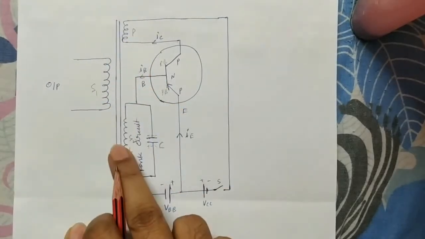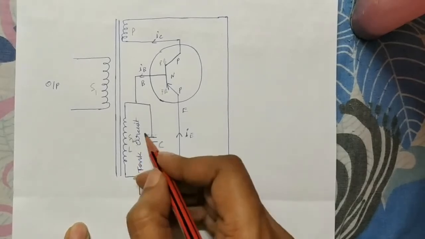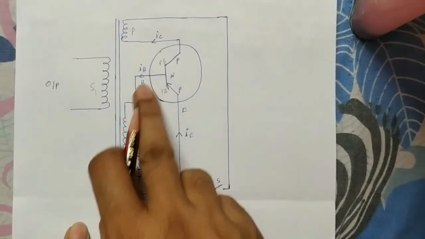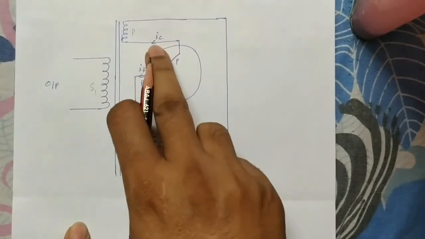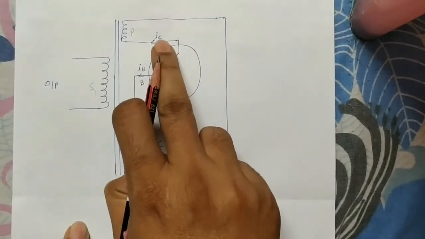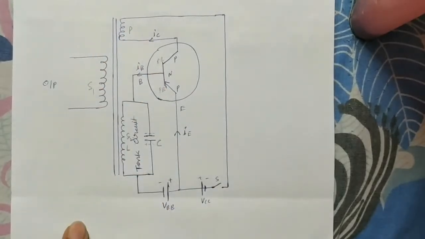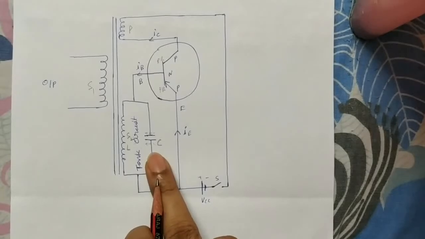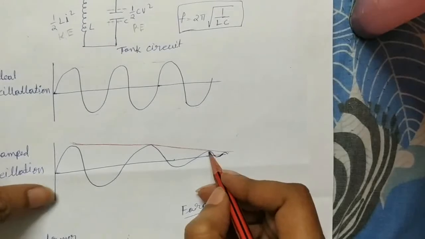Simultaneously, through the core, some current is set in this coil also. Then that current is fed back into the transistor, so it is increased. I_B changes, so I_C also changes, and again it is induced in the secondary coils. So this process is applied repeatedly. Up to where? Up to the required amplitude. Suppose the amplitude has fallen down; this process takes place repeatedly until it increases to the required amplitude.